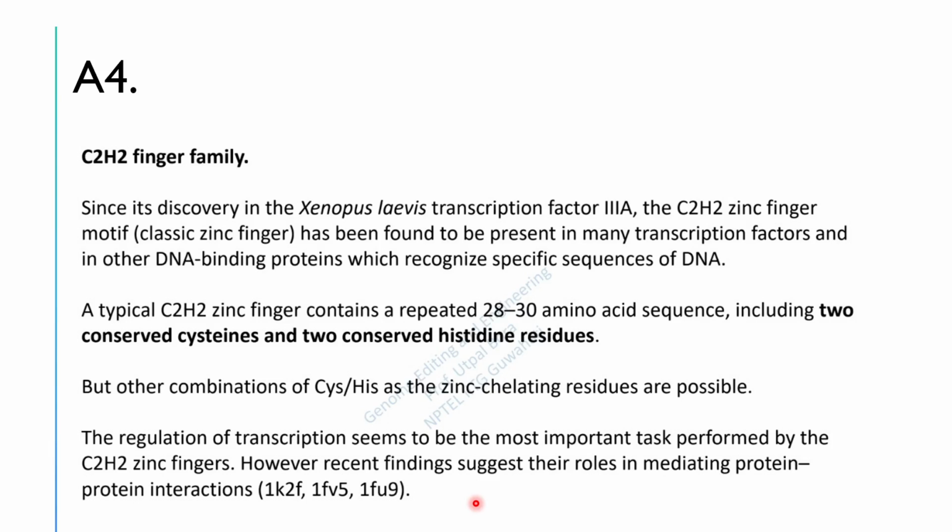Okay, so I guess everyone is clear with the C2H2 finger family of zinc finger domain. It is mostly helpful in regulating transcription. Okay,